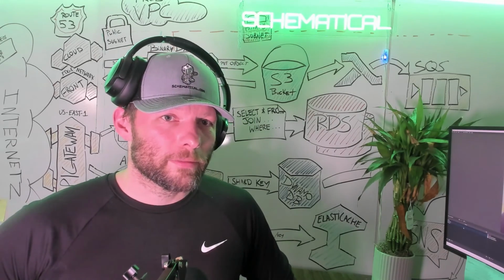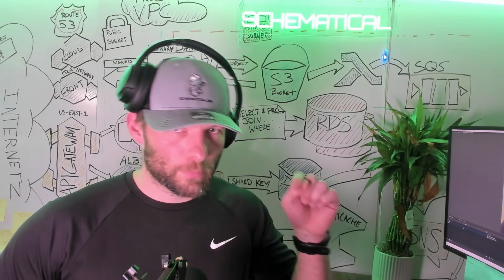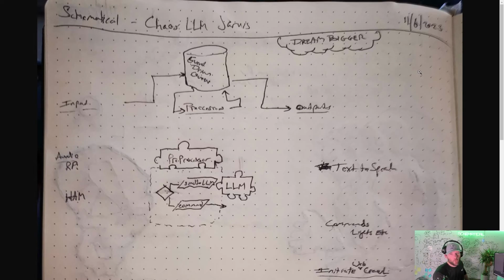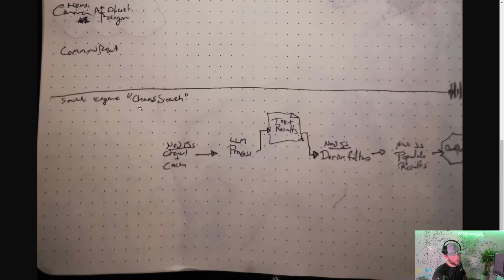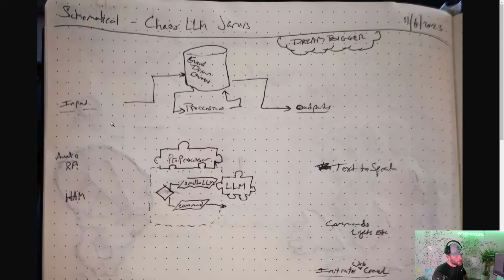So am I going to do that? I don't know. If you're interested in hearing more about this, please be sure to leave a comment. How would I make this work if I was actually going to, which I'm on the fence about? I've got a lot of other things to make work, like this search engine that integrates the LLM inside of it. But if I had something like the Raspberry Pi listening, it would then push it up to a queue. I guess it would then run audio recognition on it, speech to text, and then push that text up to a queue.